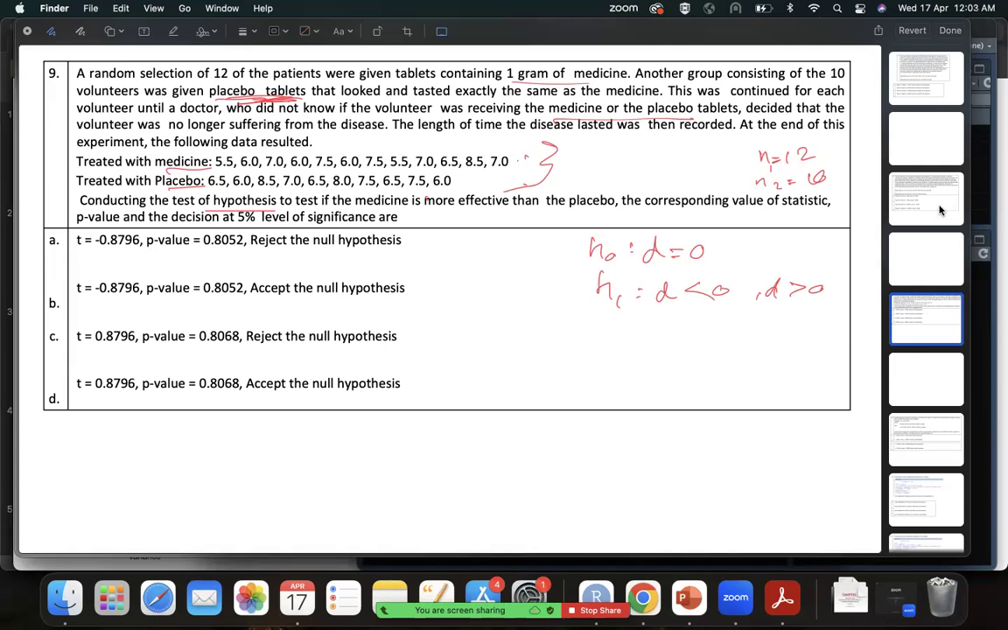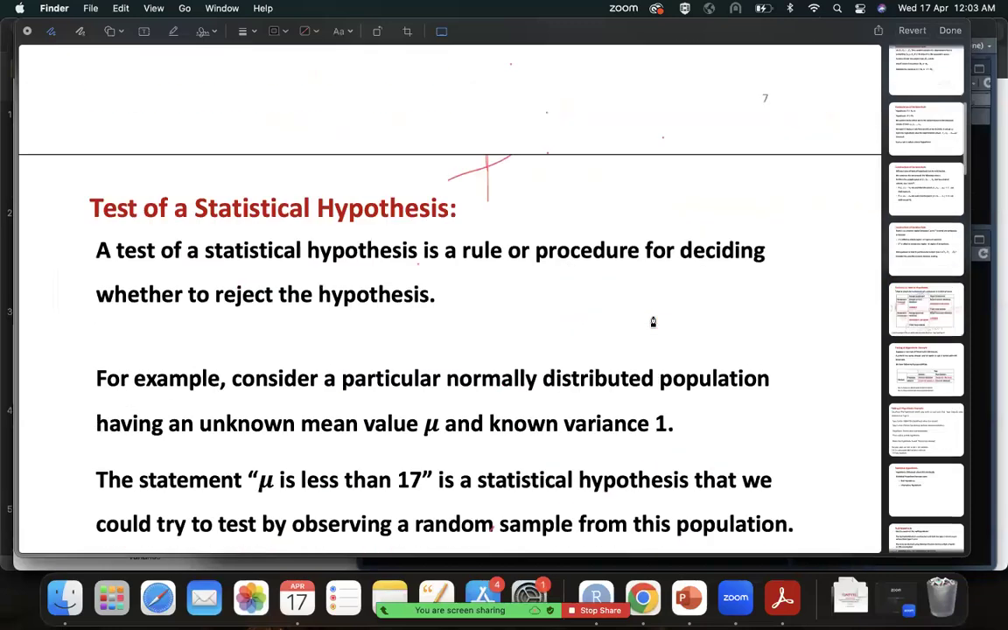I'm sorry. Yeah, these are different sizes, right? 12 and 10. So these are independent. You cannot do this. So you might have to use, if we go back to our table,